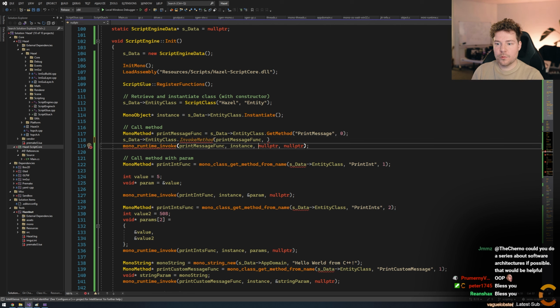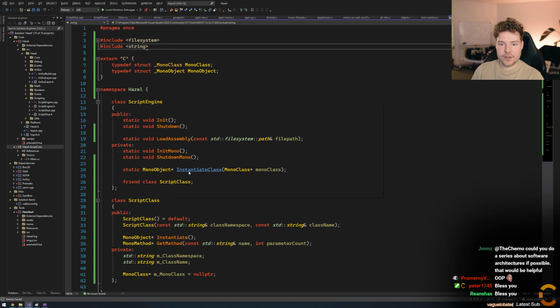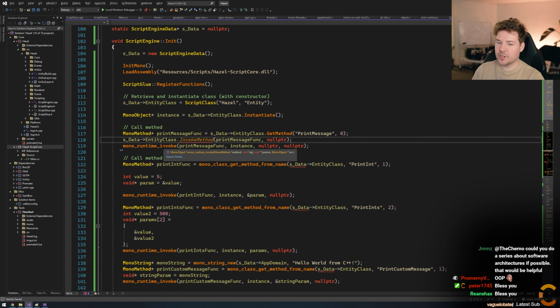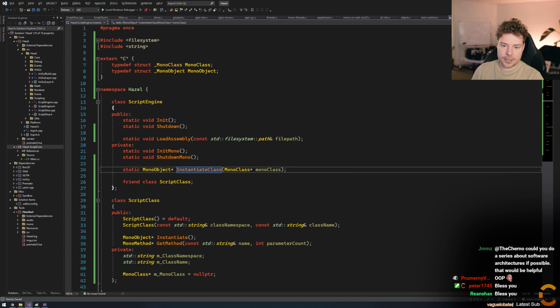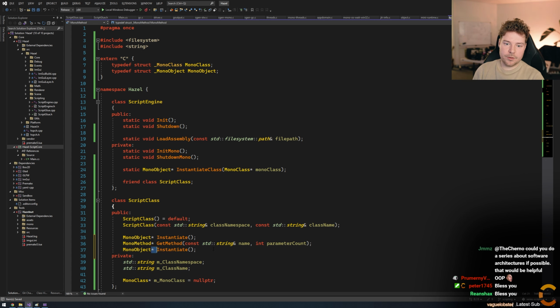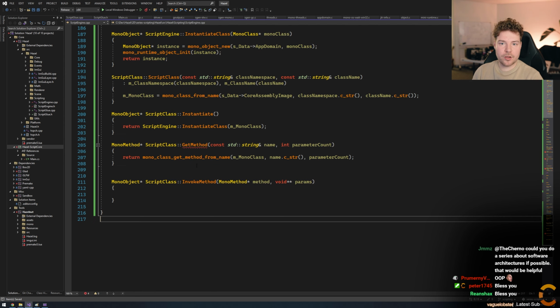And then we invoke that with, I guess, what are these two? Well, we have parameters that need to be invoked, but in this case we'll just do null pointer, and we won't worry about exceptions for now either. So that way we just do this, and then invoke method is going to be a function that returns a mono object. So we'll keep that here, and we'll call this invoke method. And then it'll take in a mono method, and then the parameters. So it's very similar to Mono's API for now.